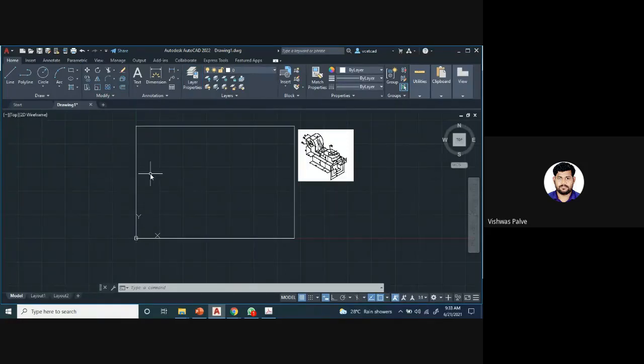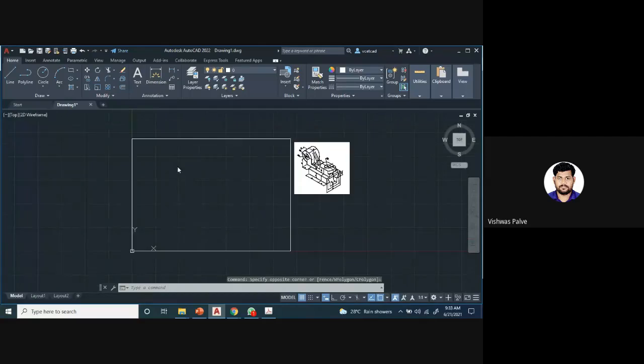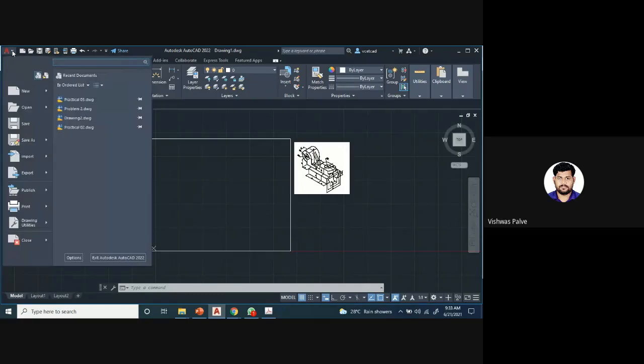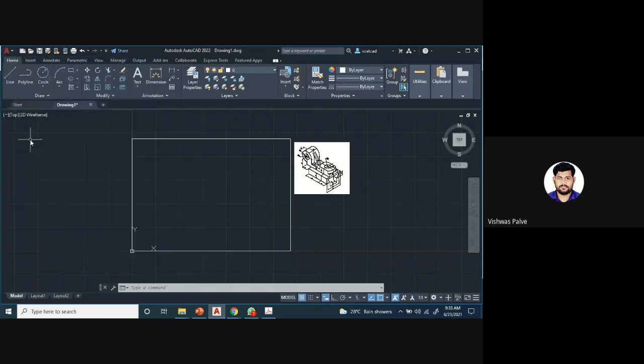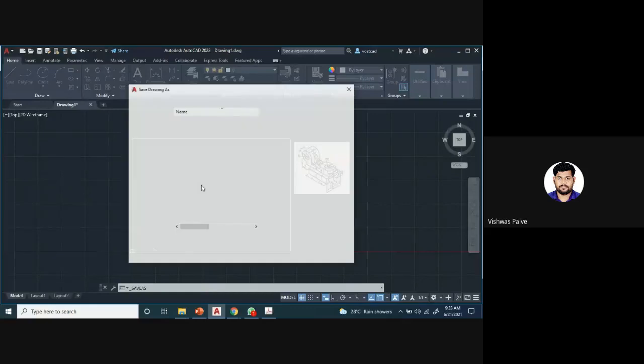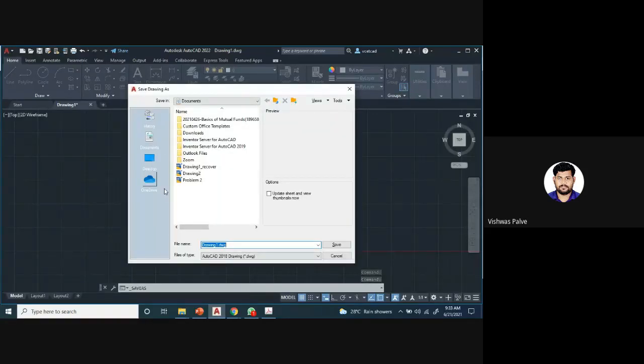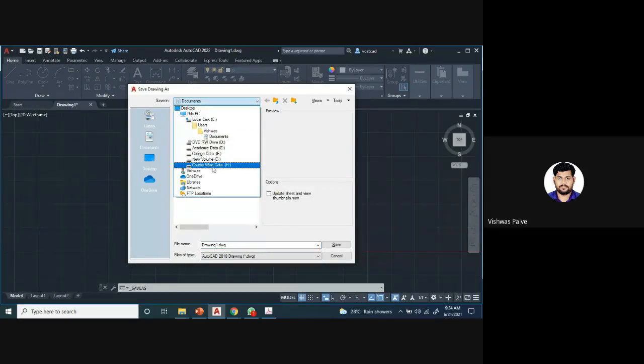Okay, now I have set the layers and I have closed that window. When you close that window, on the screen you will get all the layers which I have set. See, all the layers which I have set are seen on the screen. Now once you have done this, you have to save this file, so that in future again and again you don't have to set the layers. Once you have set the layers, those same layers you can use for different drawings. So save as, I will save as this drawing, so that in future I don't have to again do this activity, setting the layers. Once you prepare the layers, you can use them in future.